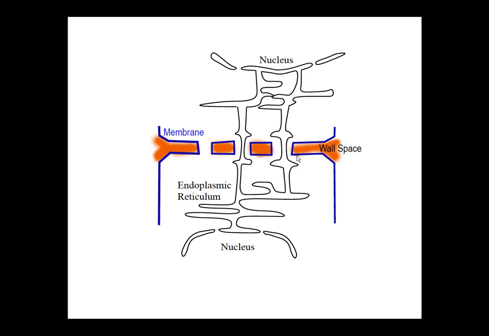So this is a two-dimensional drawing of a three-dimensional structure. These look, from a 90-degree angle, to be a circle. If I were to turn this 90 degrees so it faced you, through this hole between